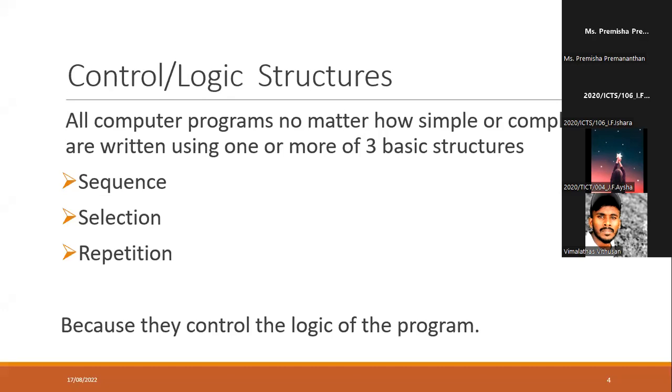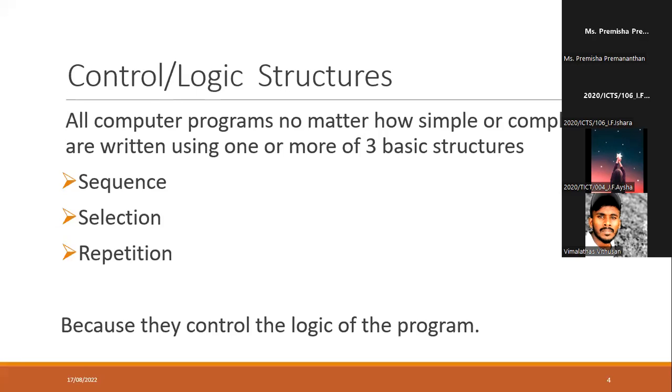For the moment, you have to think control structure or logic structure means the same thing. Sometimes in the questions, if you memorize only the word control structure, but I ask what is the logic structure, you may get confused, right? So you have to understand the sub-words also. Control structure or logic structure means that in computer programs, we have some structure to write a program, and using that structure only, we write a program.